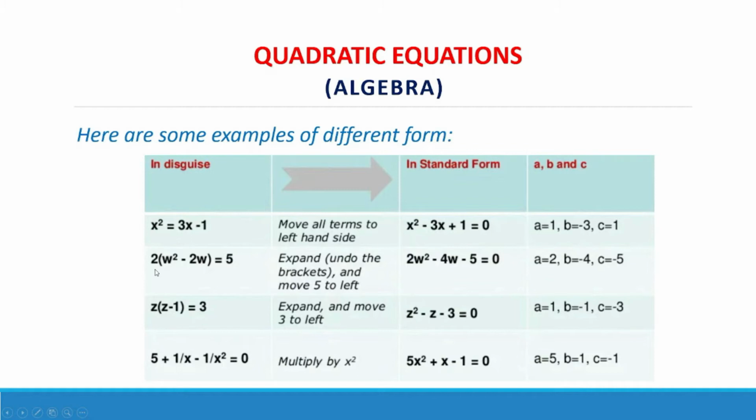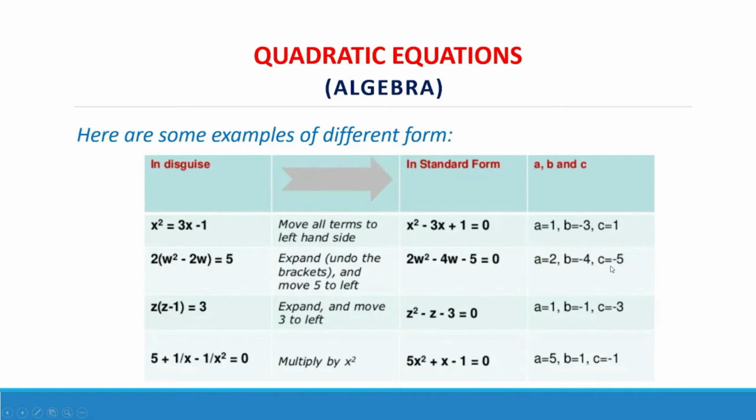Another example, 2 times w squared minus 2w is equal to 5. Expand, undo the brackets, and move 5 to the left side. Or 2 times w squared, 2 times negative 2w or negative 4w, and transpose 5 to the left side, which is from positive 5 to negative 5, and equate that to 0. And the quadratic coefficients a, b, and c are: a is equal to 2, b is negative 4, and